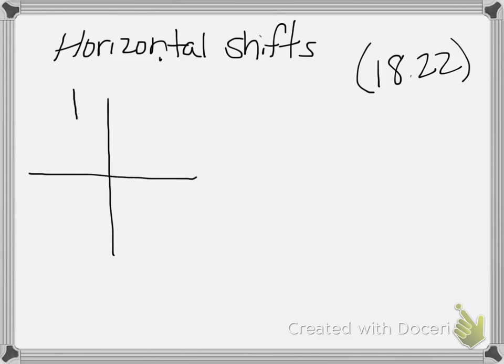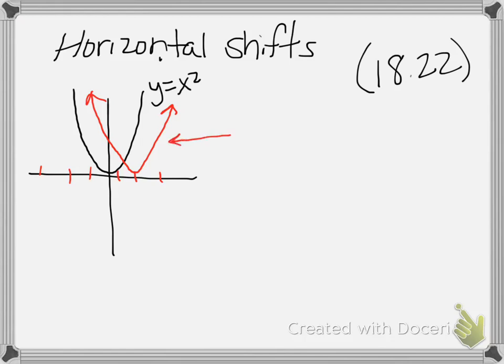If we have the normal y equals x squared, what's going to make it shift right and left? If this shifts twice to the right, that is y equals